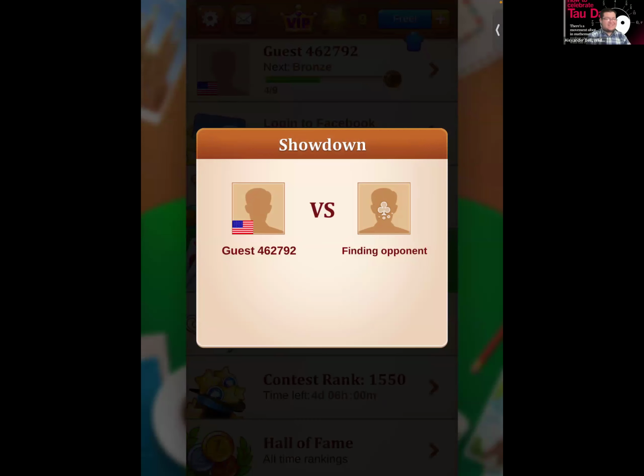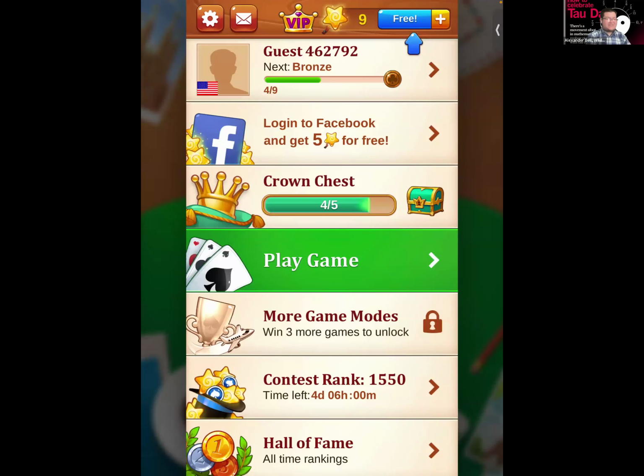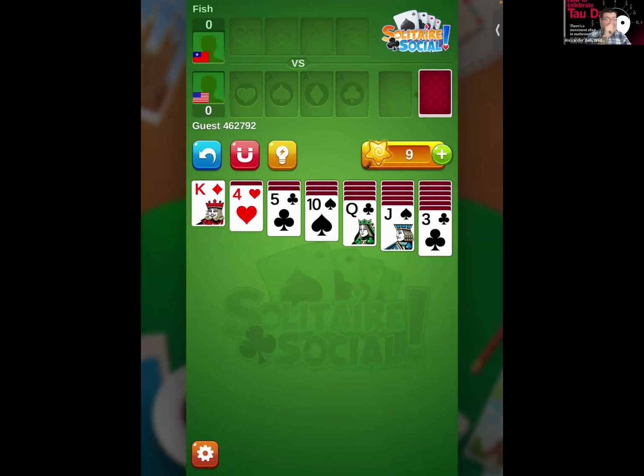When you play, it's just like regular Solitaire. But as you play through, you'll have a tutorial and you can see what different things you can do. At the top, that's what your opponent is at. This is what we're at. It alternates between red and black cards. If you've played Solitaire before, you'll definitely love this game. You can also unmute if you'd like to participate.